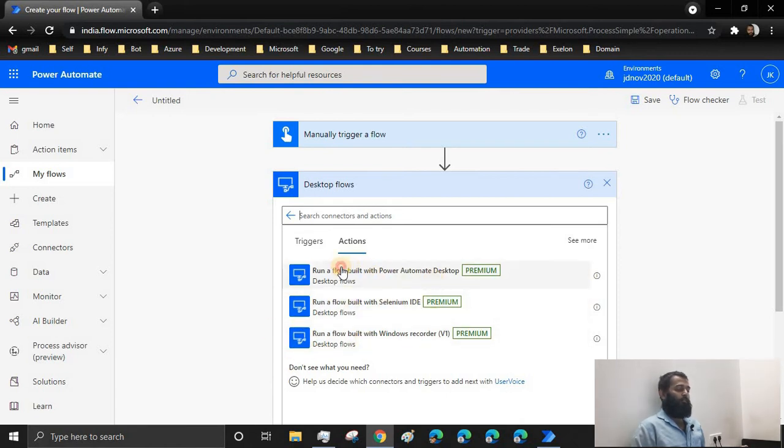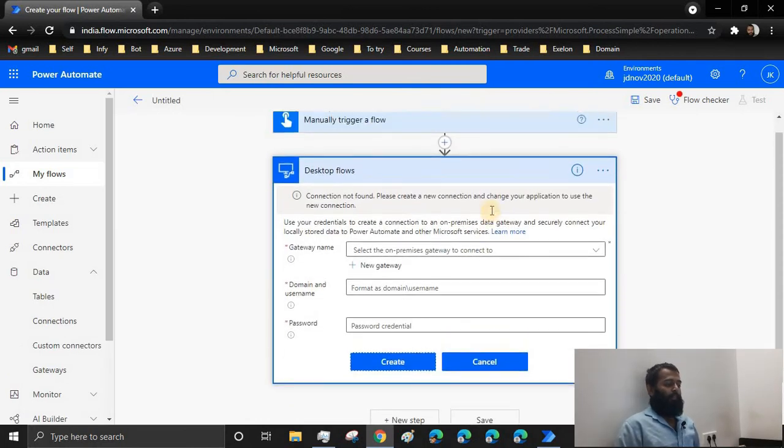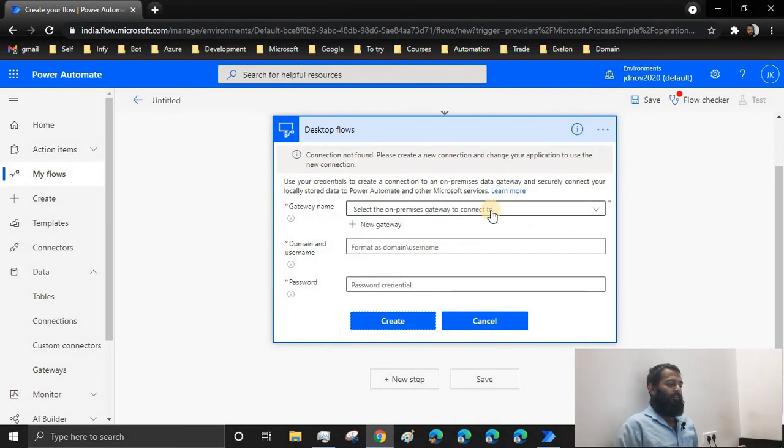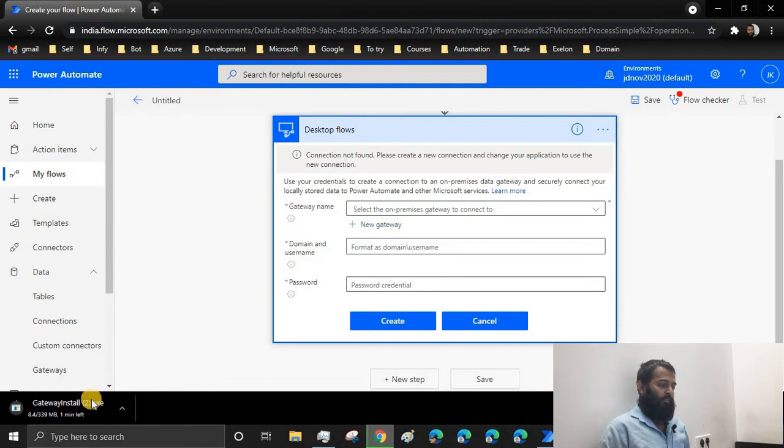So here we need to select the gateway, and if you don't have the gateway installed, then you can click on new gateway. What it does, it downloads the setup on your system and then you can install the gateway.